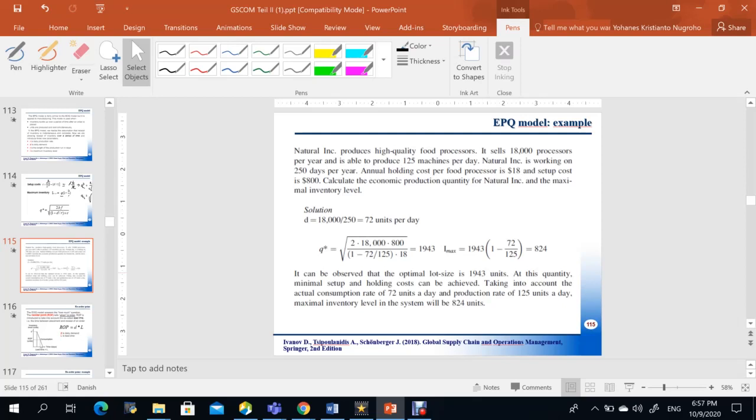First, we have to calculate the daily demand. We have information about annual demand, that is 18,000 processors, and therefore we divide by 250 because the working days in a year are 250. Okay, and therefore we have 72 units per day. And then we put this into our equation for economic production quantity, and we have 1943 as the optimum production quantity and the maximum inventory at 824, and therefore it can be observed that the optimal lot size is